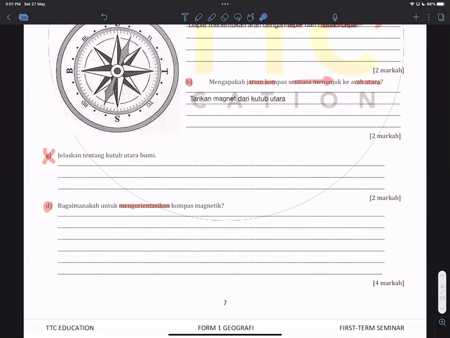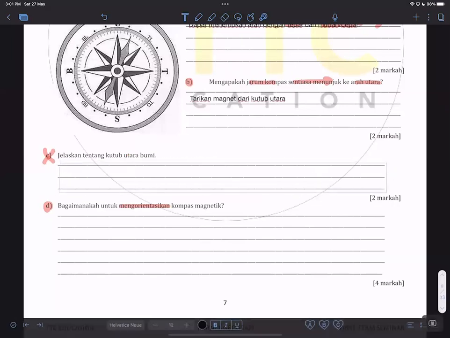So C, why do I cross it off? Guys, after you get the answer, you will be laughing. What is Kutub Utara? North Pole. So how to explain? The part is the northern part. Okay, I will try to write down the Bahasa for you, then you will know how